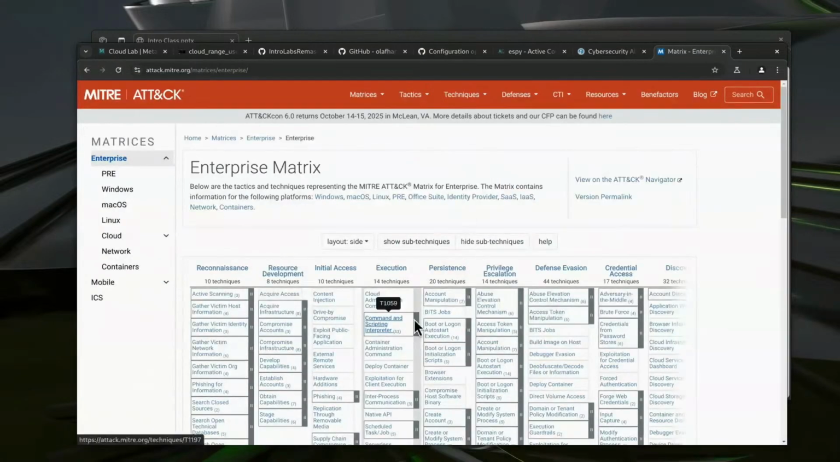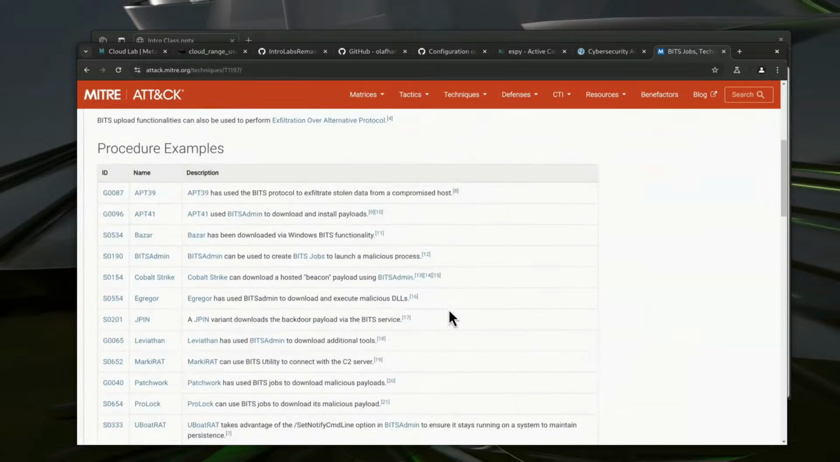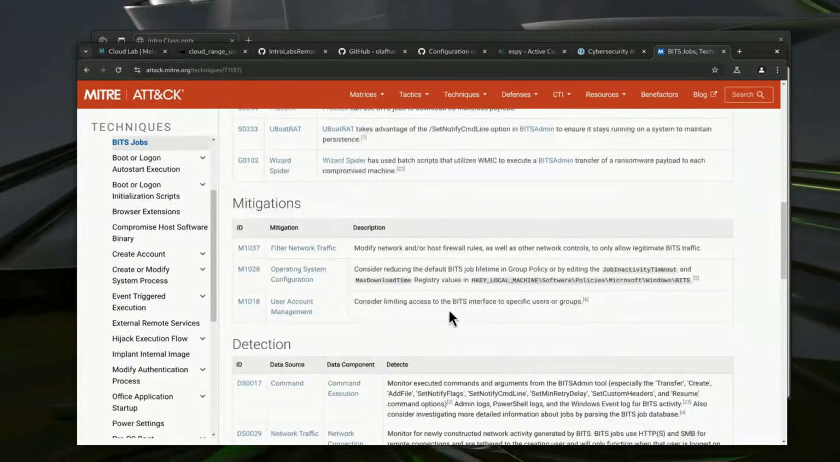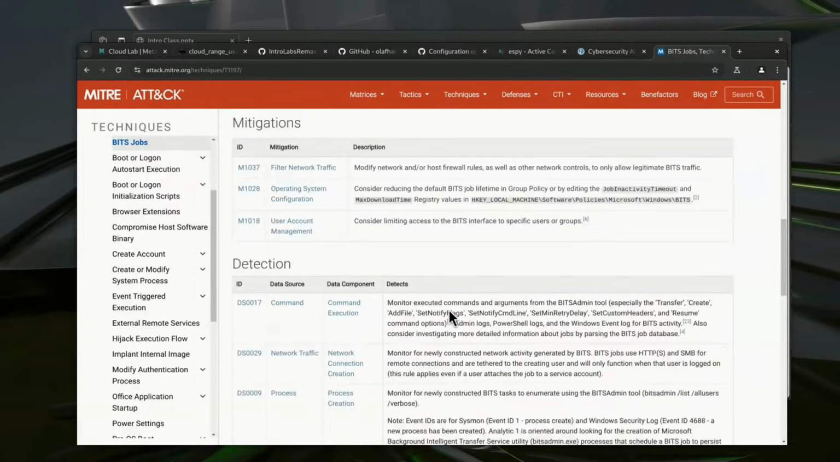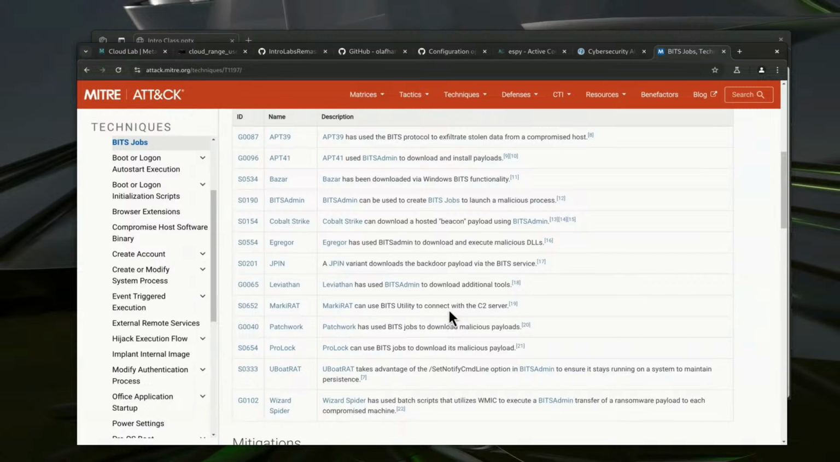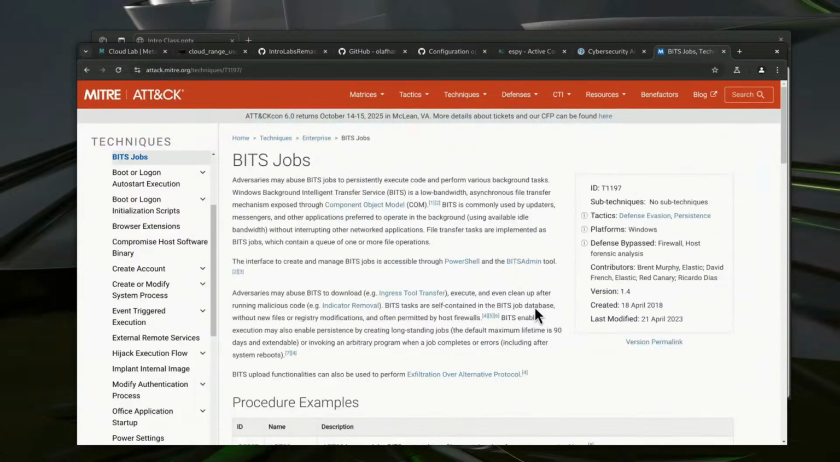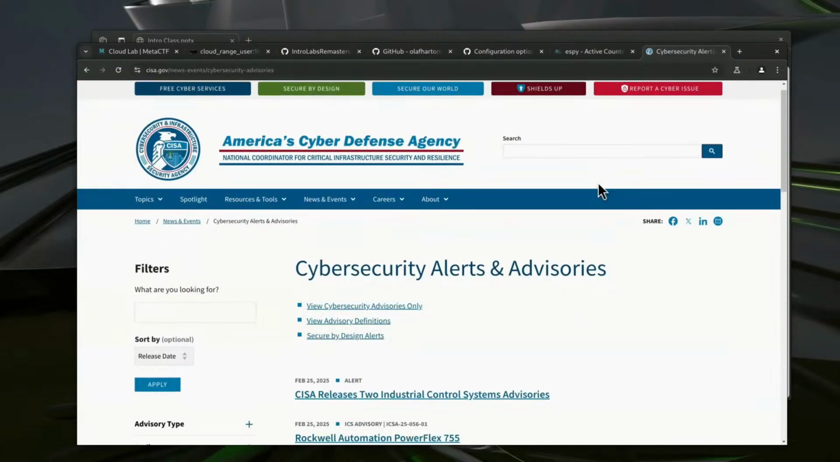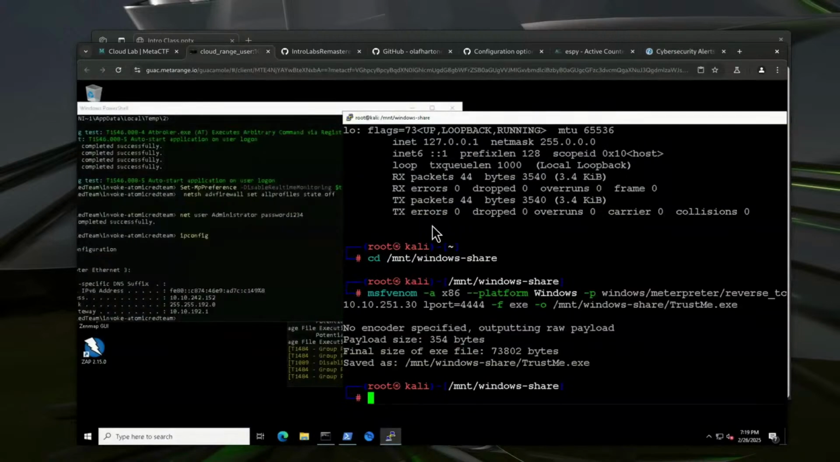So if we choose a technique, right, let's do a BITS job. They have procedural examples on how this actually works. And then they actually have who are the threat actors that use this as well, right? So you can go into what are the threat actors that are using this, and you can get a list of the different techniques that threat actors are using, or you can get a CISA alert that gives you what are the techniques that threat actors are using. And then you can start to